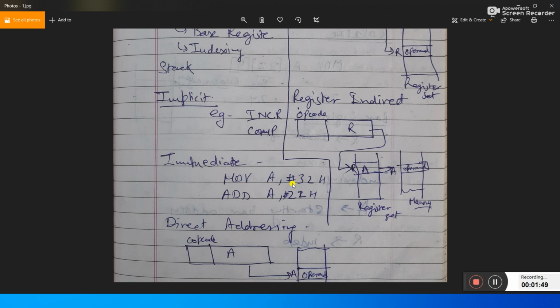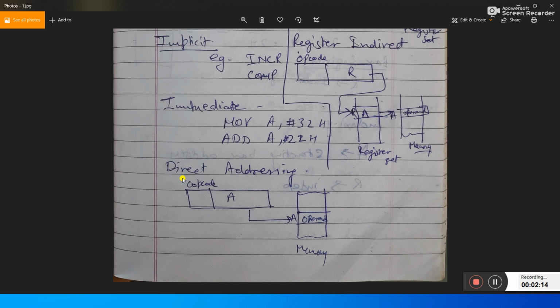For example, MOV A, #32h means the hexadecimal value 32 will be moved to the A register. Now if we ADD A, #22h, then 22 will be added to 32. So that is immediate addressing mode.